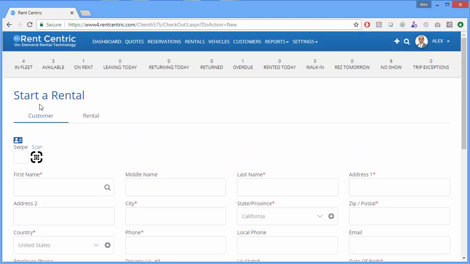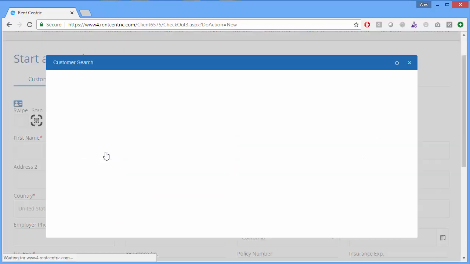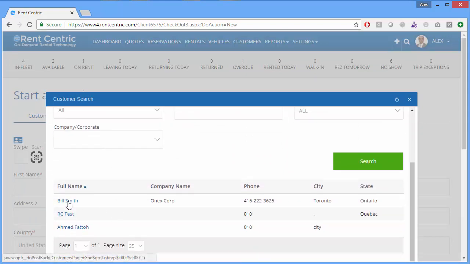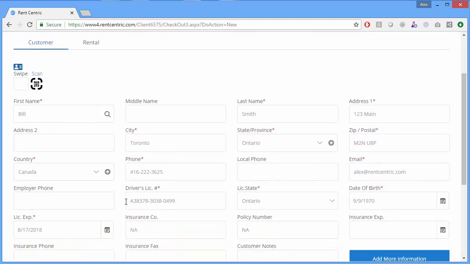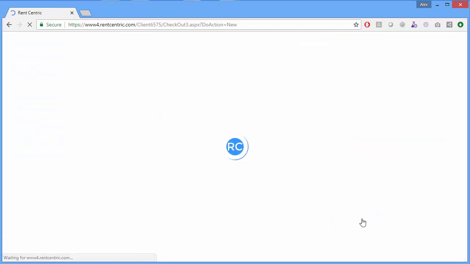We recommend using the app, but in this case you can actually give it a try. If a customer is a repeated customer, you can simply click on search, and it will show you the customer within the system. So you select a customer. Here you can add more drivers if you like. You can edit the information of the customer, and if everything is okay, you simply go save and go to